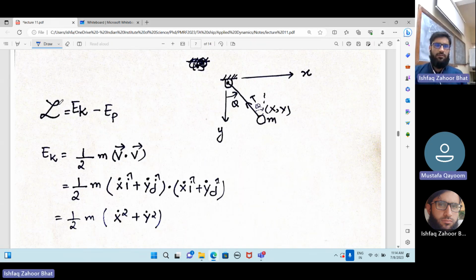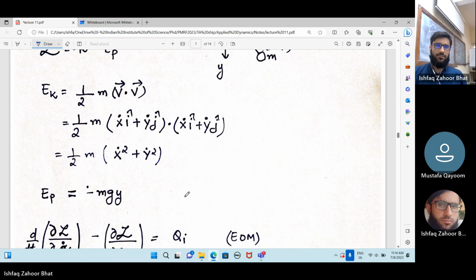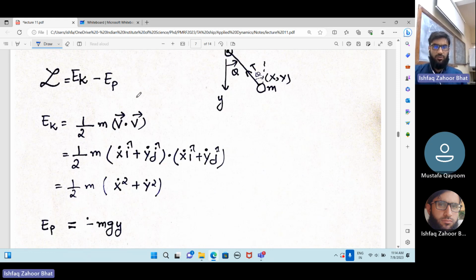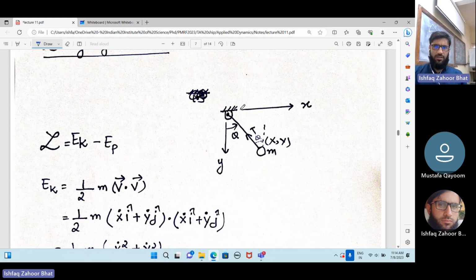So we have the Lagrangian equal to E kinetic minus E potential, and E kinetic is nothing but 1/2 m v dot v, and v is nothing but x dot i plus y dot j. You make the dot product, and this gives x dot square plus y dot square. I hope this is clear. Similarly, the potential energy of this mass, if we take the potential energy of this level equal to 0, then the potential energy of